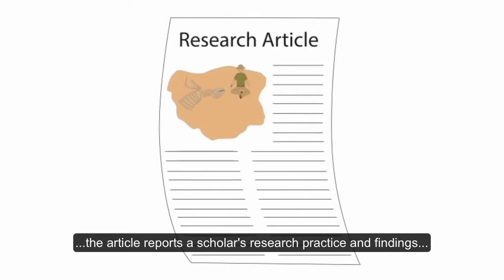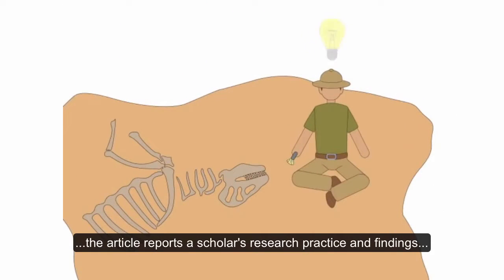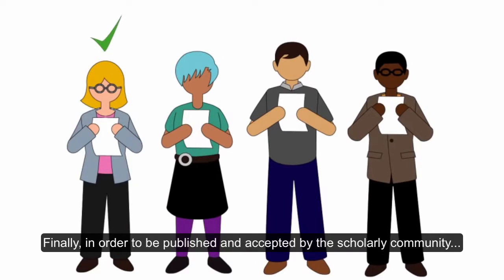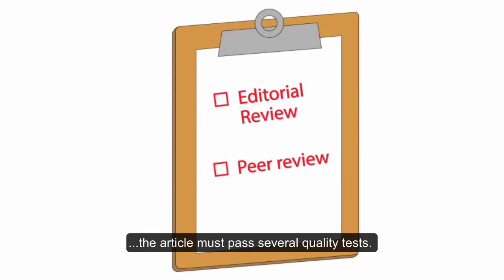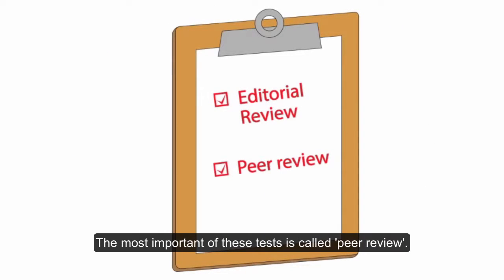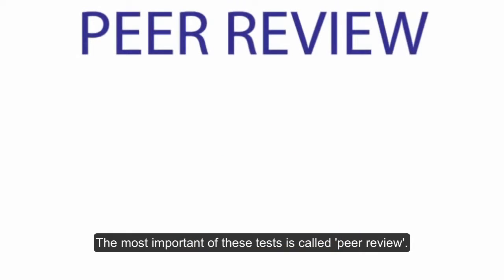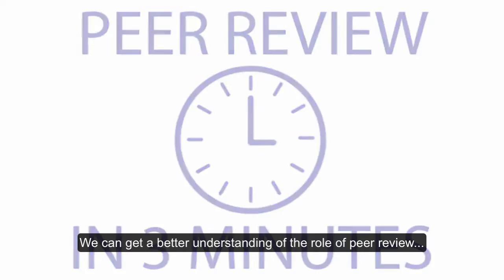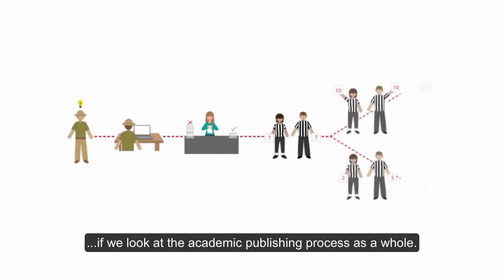First of all, the article reports a scholar's research practice and findings, and it's written with an audience of other researchers in mind. Finally, in order to be published and accepted by the scholarly community, the article must pass several quality tests. The most important of these tests is called peer review. We can get a better understanding of the role of peer review if we look at the academic publishing process